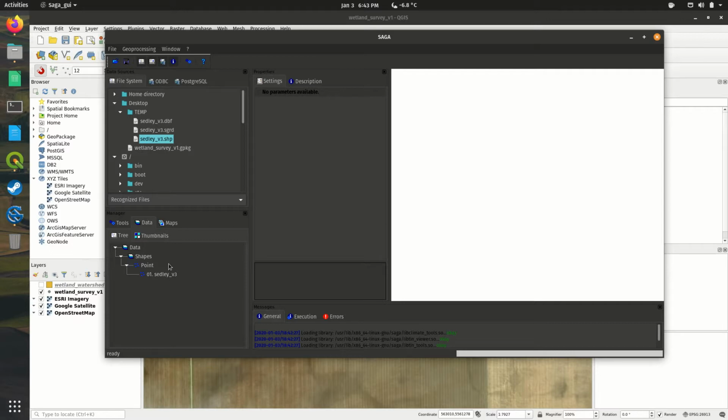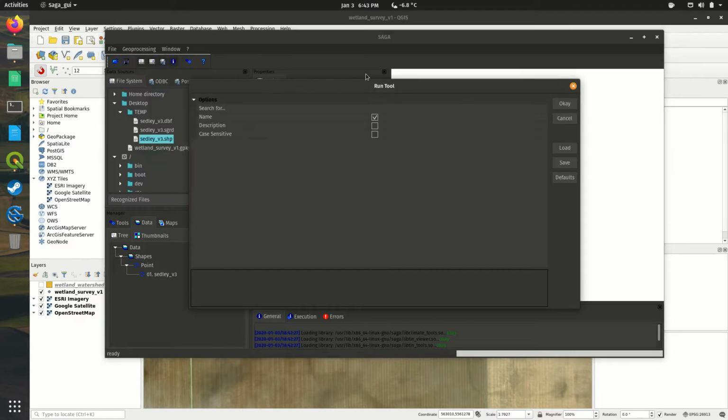So now we've got it in there, and we're going to find and run a tool, and we're going to search for Kriging,